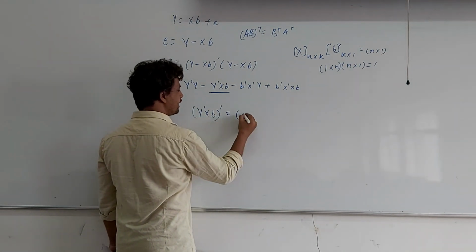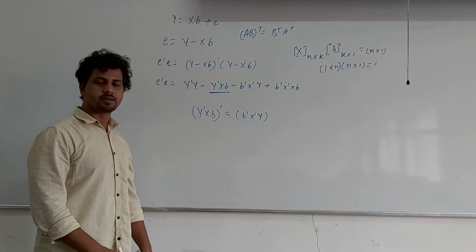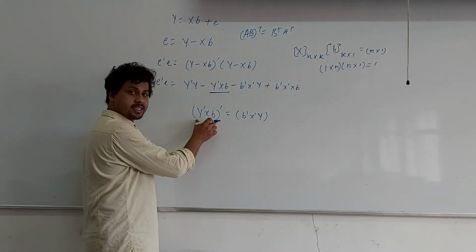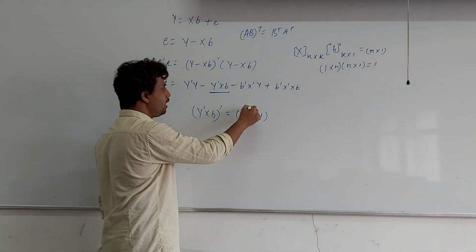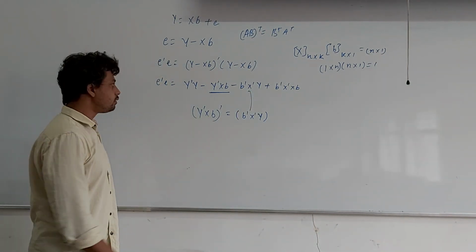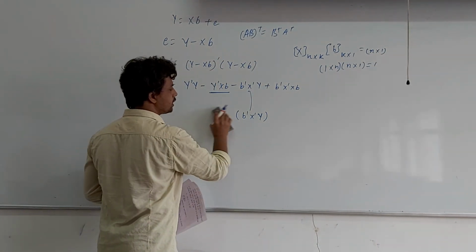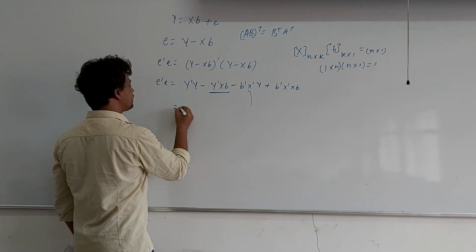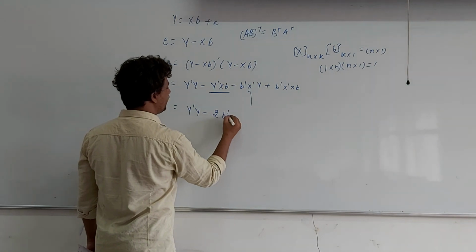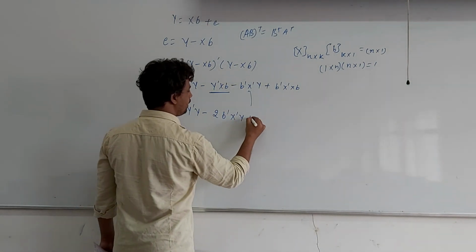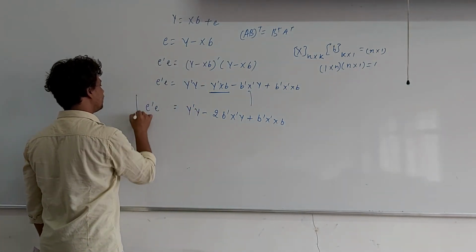So it can be written as B transpose X transpose, Y transpose will become B transpose Y. So Y transpose XB, its transpose will be equal to B transpose X transpose Y, which is nothing but equal to this term. So I replace this Y transpose XB as B transpose X transpose Y. So in the next step we write Y transpose Y minus, now it will become 2B transpose X transpose Y plus B transpose X transpose XB, and that's your